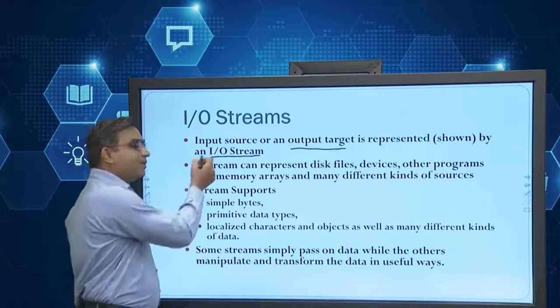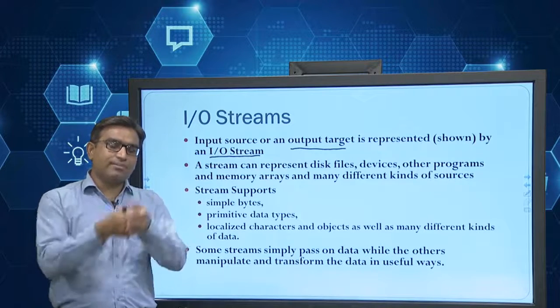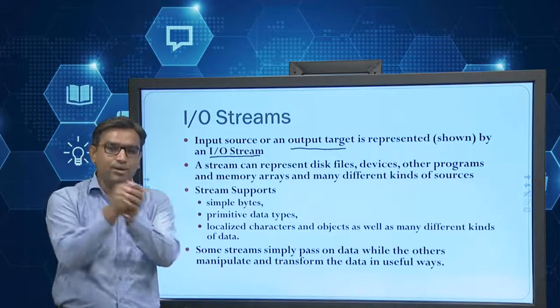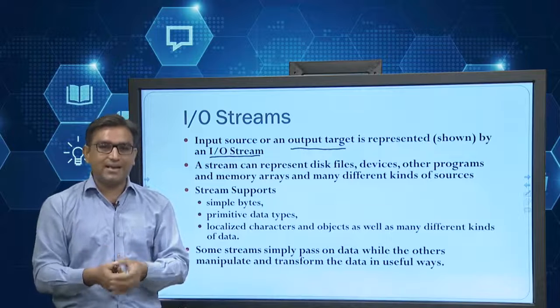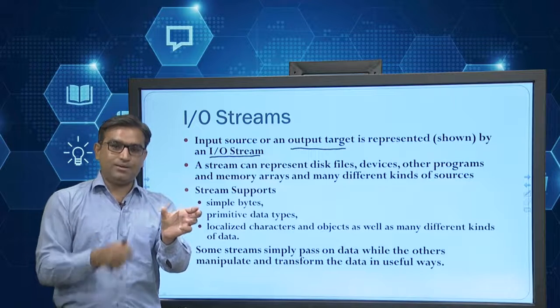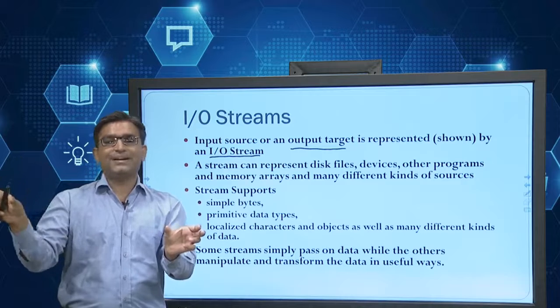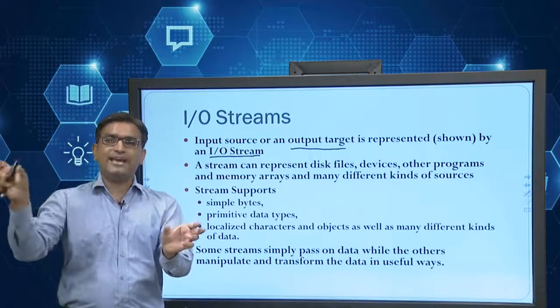So file input and source. When I want to read some data from an ABC file, and write the same data into an XYZ file, what is my source and what is my destination file? ABC is my source file because I want to read the data from ABC, and XYZ is my destination file because I want to write the same data of the ABC file to the XYZ file.